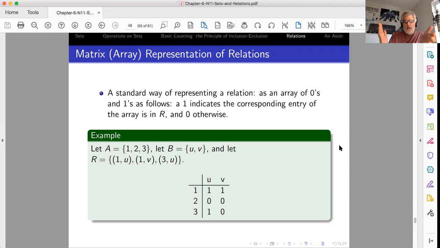So I have an array, and on the horizontal line I have the elements from B, and on the vertical I have the elements from A, although this doesn't make a huge difference here. It's a matter of convention. In any case, I have an array where each entry corresponds